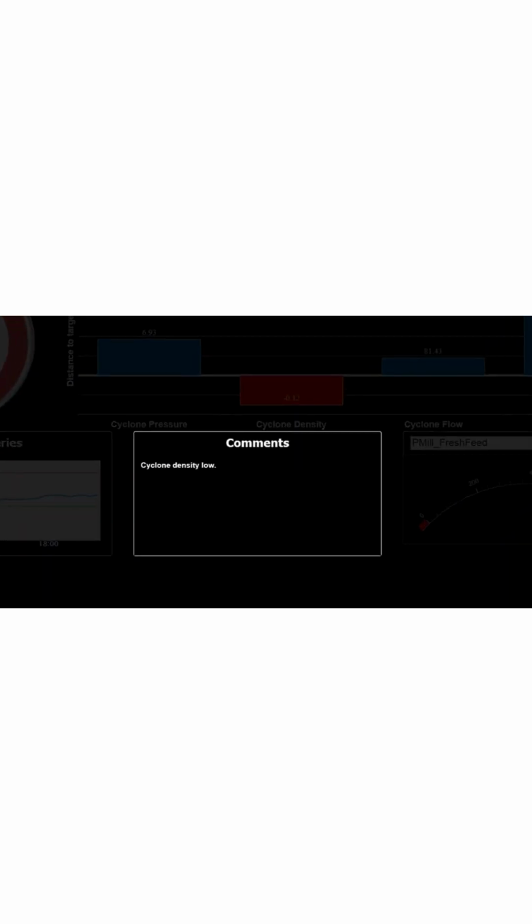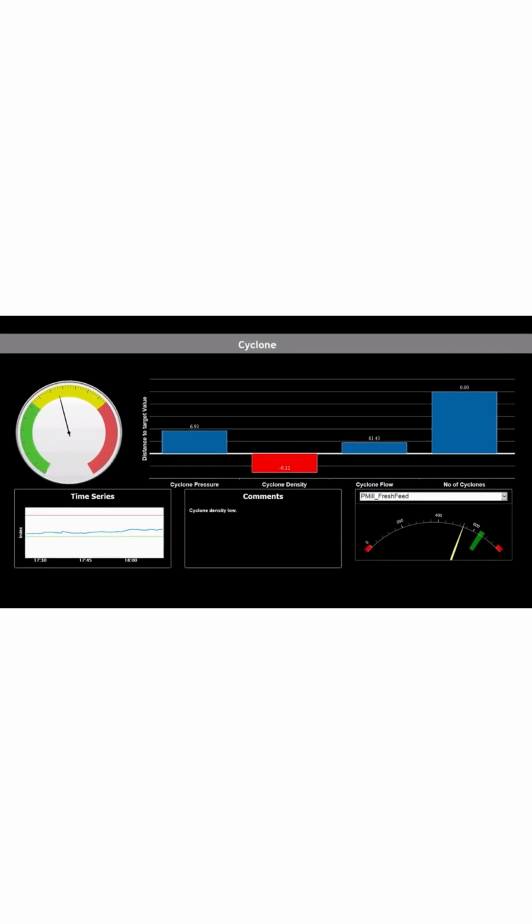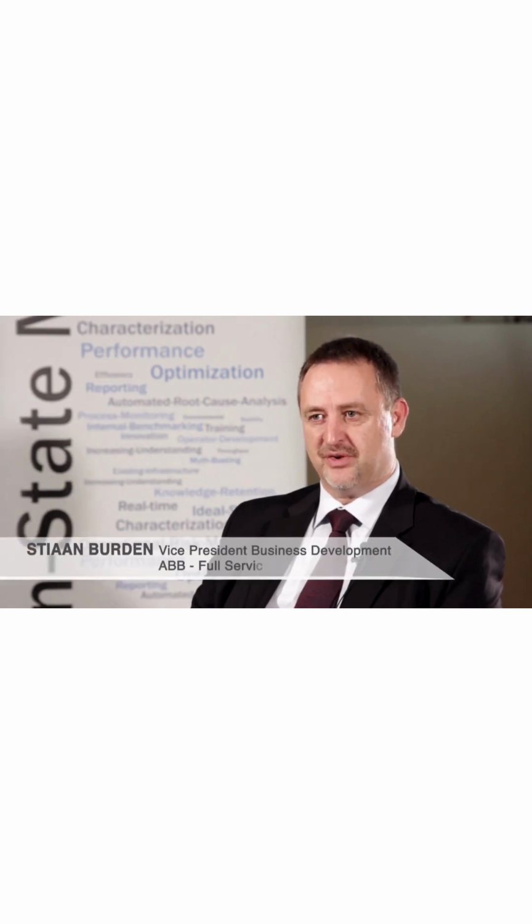An information box in the lower middle part of the interface displays context-sensitive information, which will enable and guide operational staff to take the best course of corrective action. It's a much simpler and easier way for the operator in the control room to know this is the first thing I need to actually go and do. And that has got a real-time effect on the production of the plant.